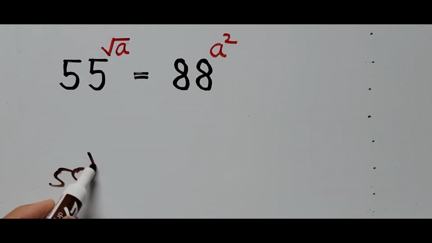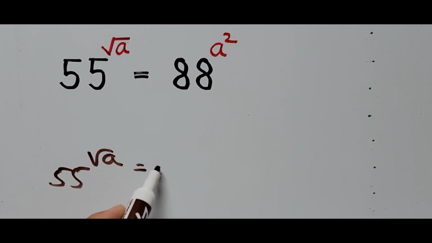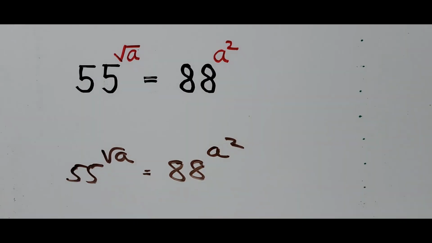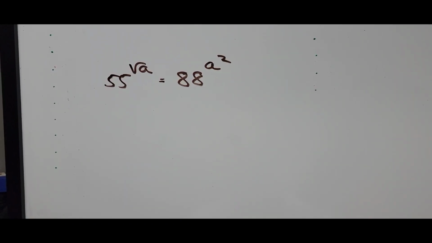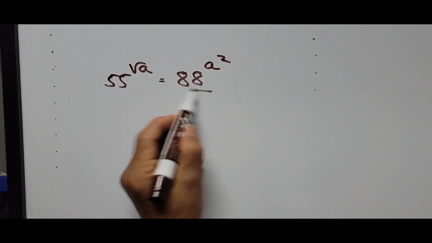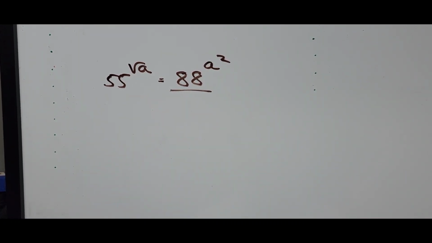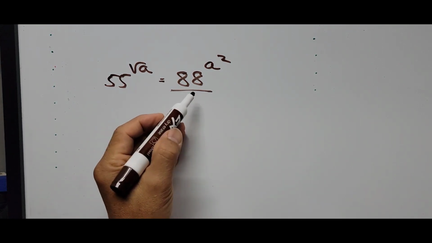Now let's start solving the exponential equation. 55 raised to the square root of a equals 88 raised to a squared. In this exponential equation, we'll be using the laws of logarithm, common logarithm. So now let's focus on the right side of the equation. That's 88 raised to a squared, and since we're using the laws of logarithm, we'll be expressing this 88